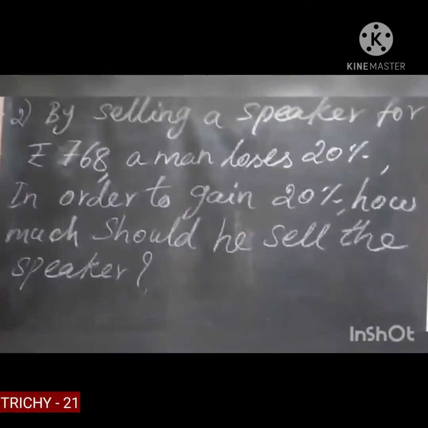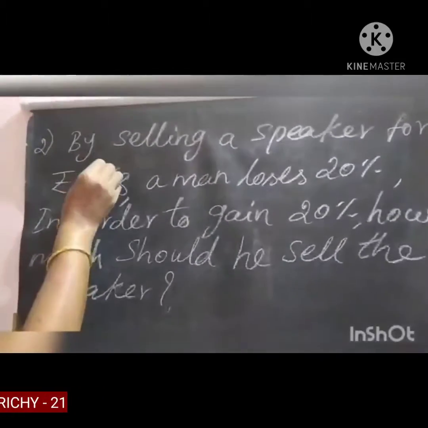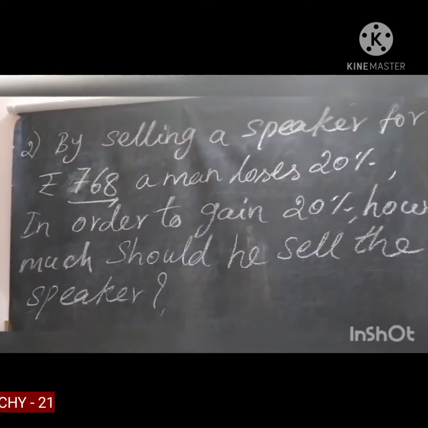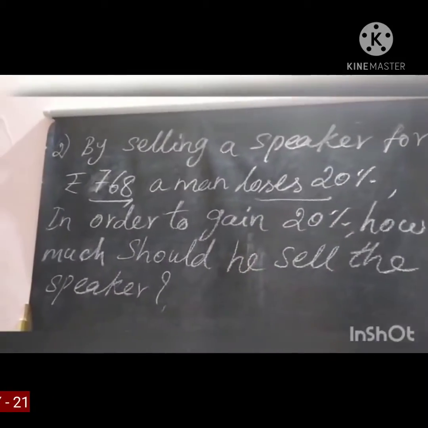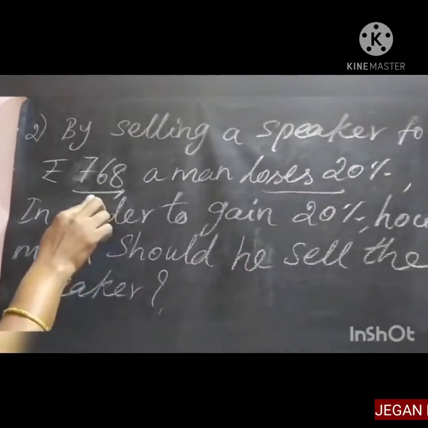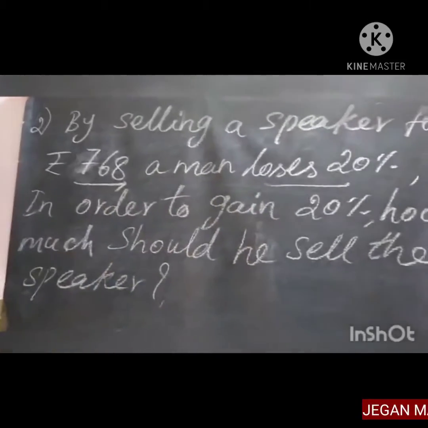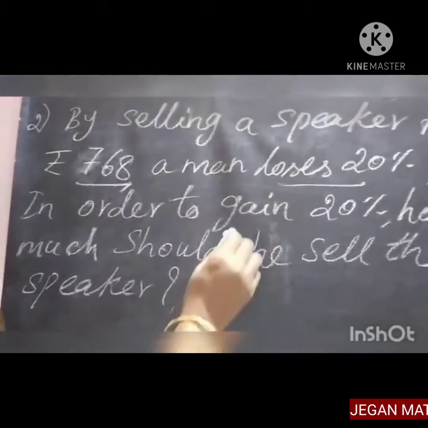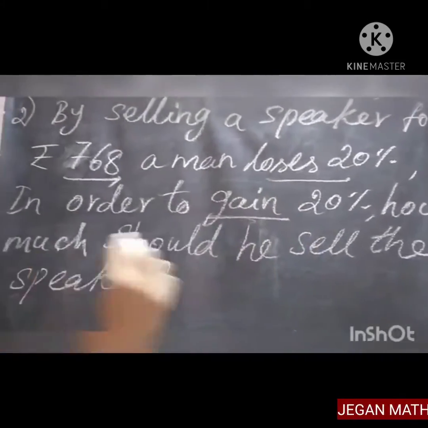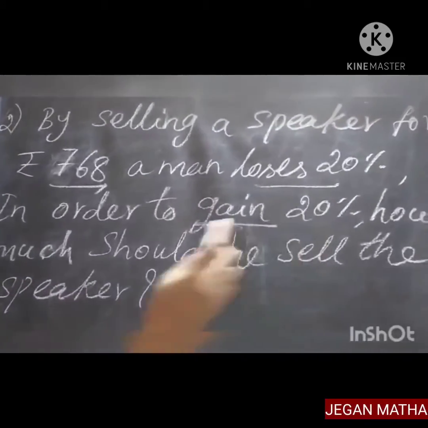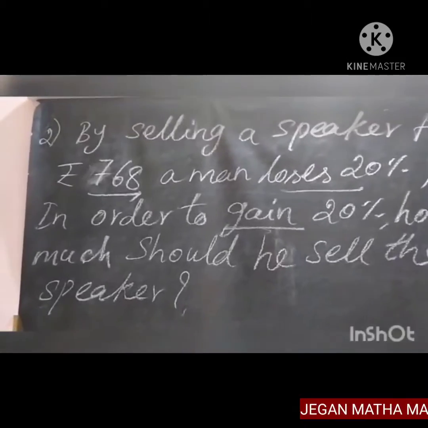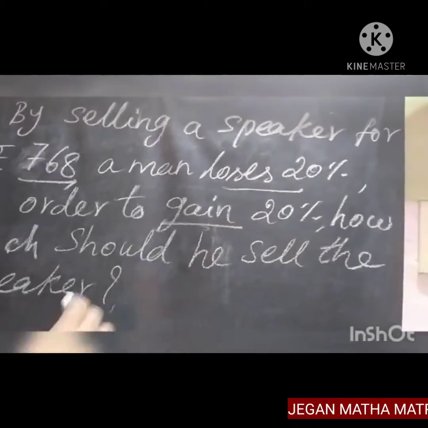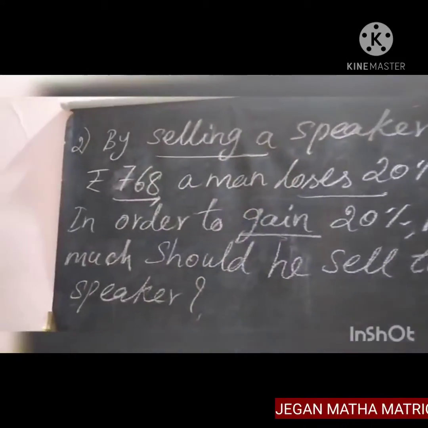By selling a speaker for rupees 768, a man loses 20%. So that is the SP of the speaker, 768, with a loss of 20%. In order to gain 20% instead of loss, how much should he sell the speaker for? So first you have to find out the first case,